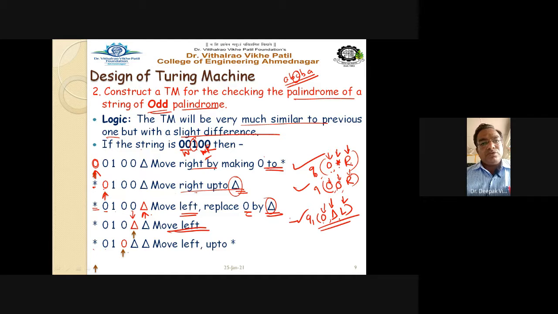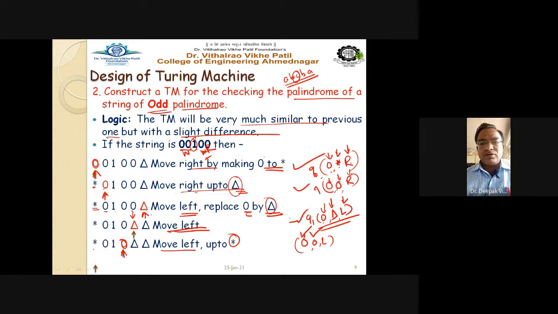Star 1, so move in the left direction, 0. Now we will find here 1 0. So move left up to star, we have to move in the left hand side. So this transition I can write like this. 0 encountered, input 0, output 0, means no change, means no extra.